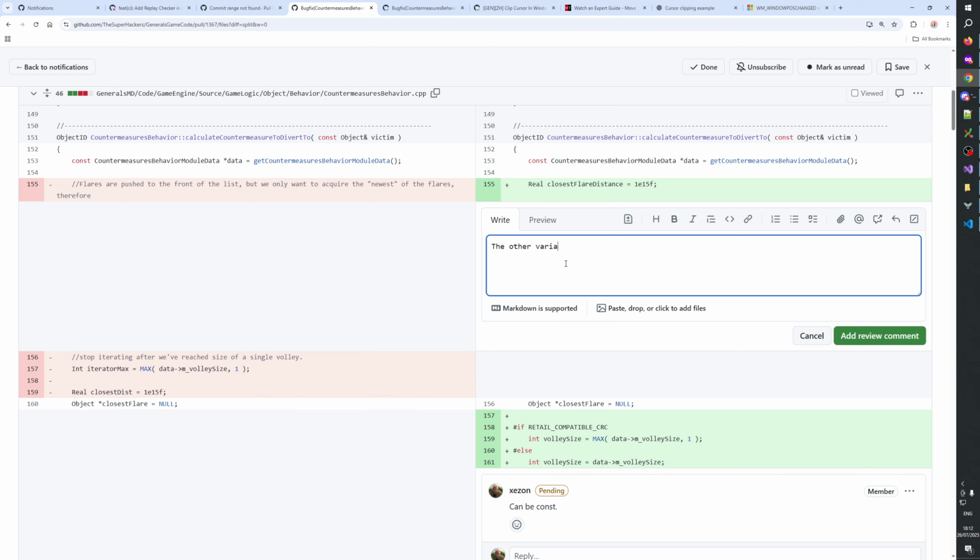The other variable is called dist. Might keep them consistent.